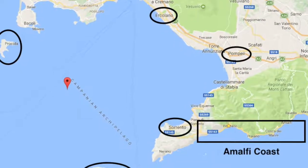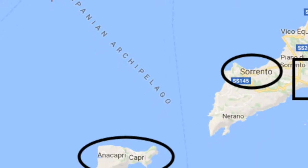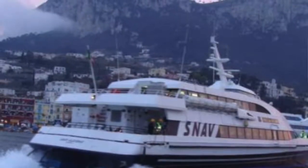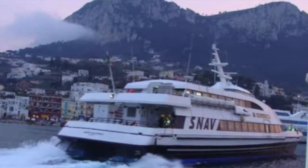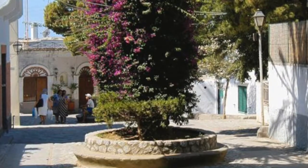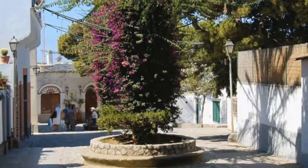Capri is a wonderful outing. It's close to Sorrento by ferry. It's a beautiful island. It's extremely touristy, but people overcome that in order to try to have a really wonderful time. And you could see the town and have lunch, or go to the one above it, which is Anacapri. And many people